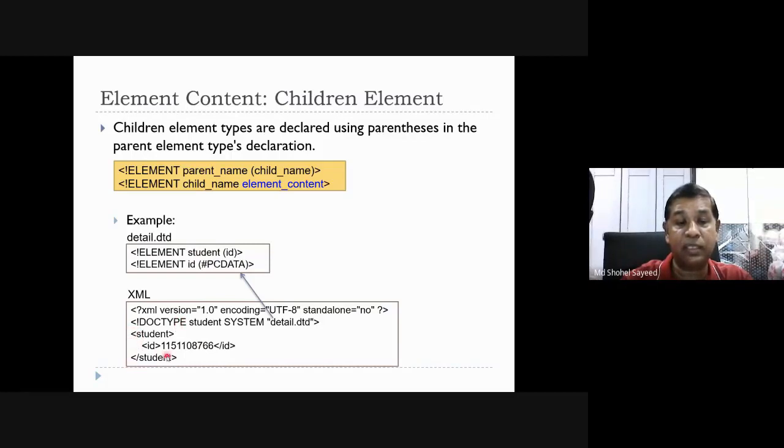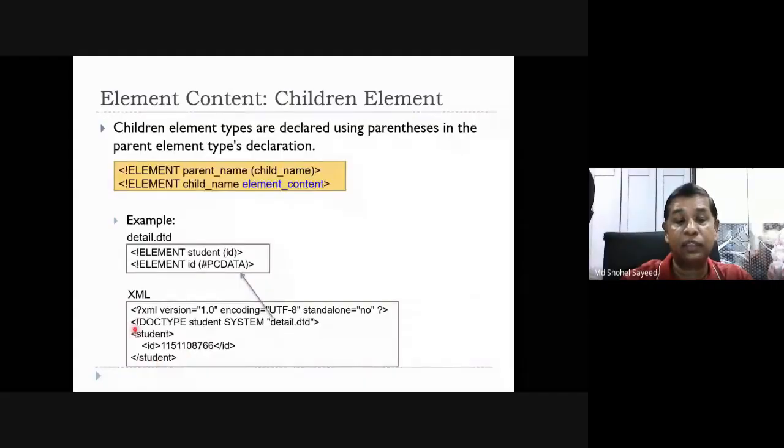Student is the root element and ID is the child, and you can put the value of the ID and the last one is the end of student.